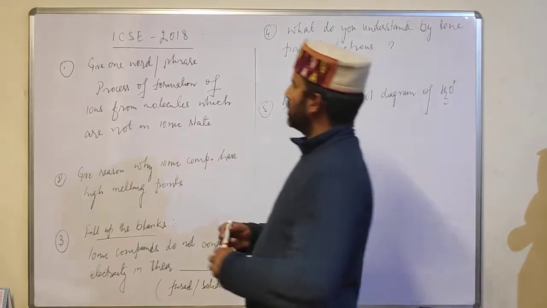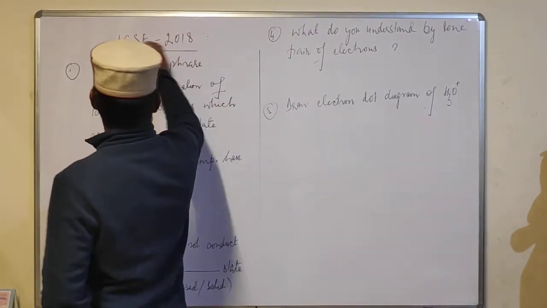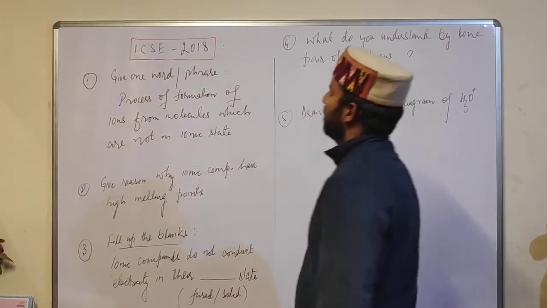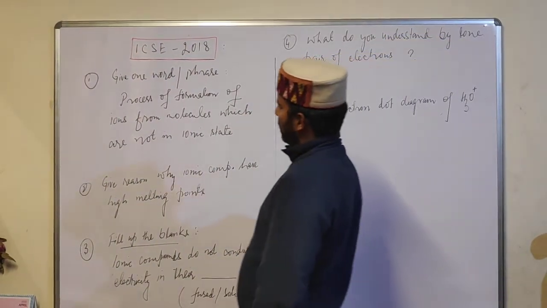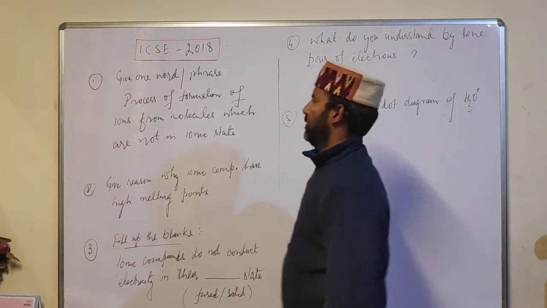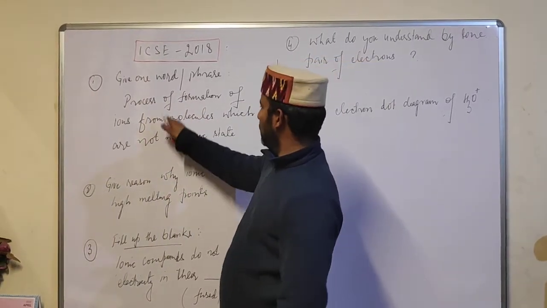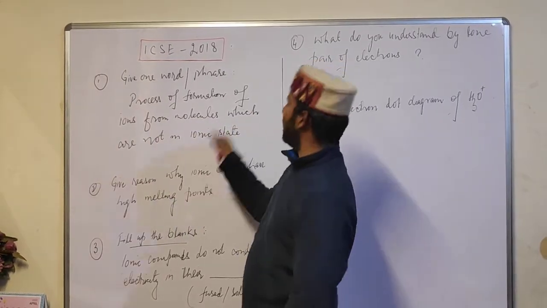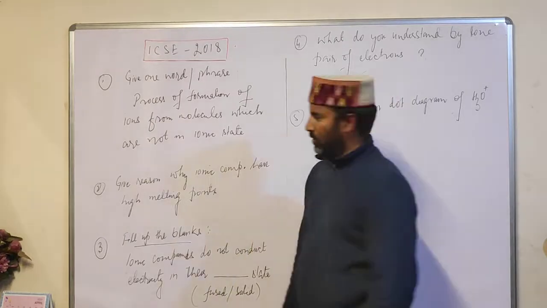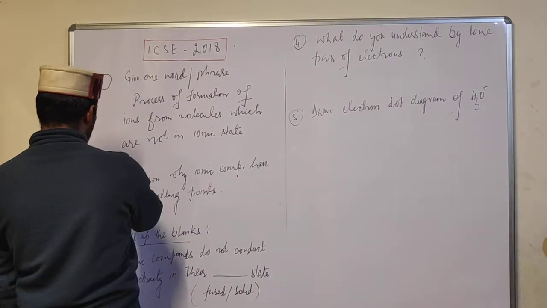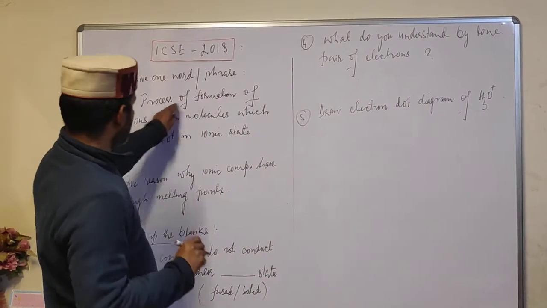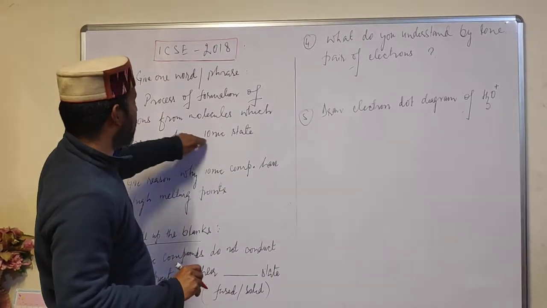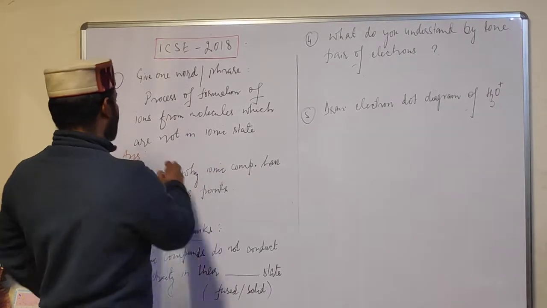Students, now we will discuss ICSE 2018 questions. The first question was, give one word or one phrase for the statement: the process of formation of ions from molecules which are not in ionic state. So student, answer to this question is the process of formation of ions from molecules which are not in ionic state. Now compound is not ionic, so obviously it is covalent,